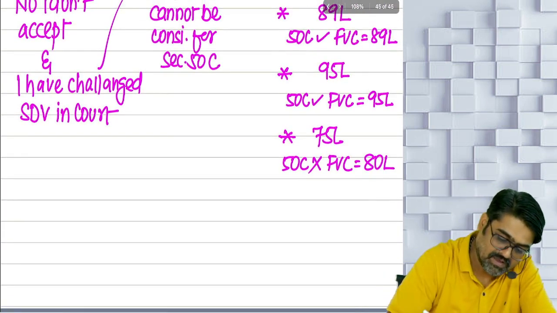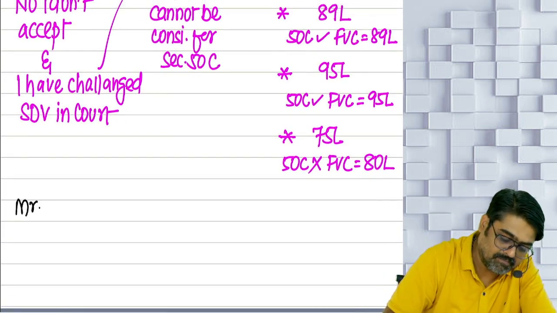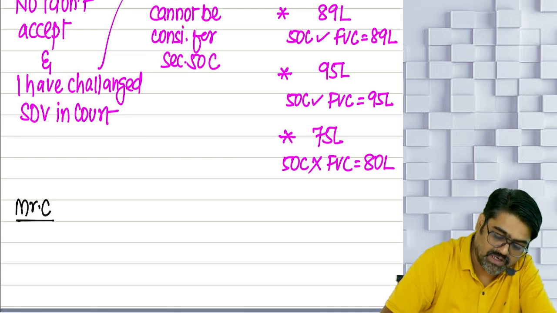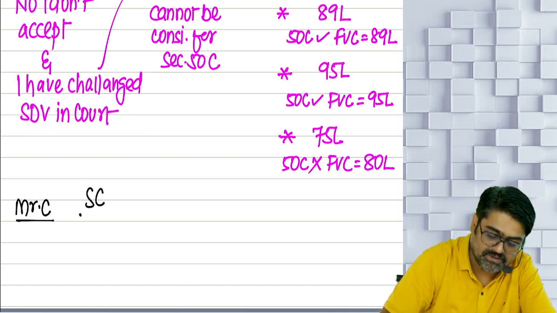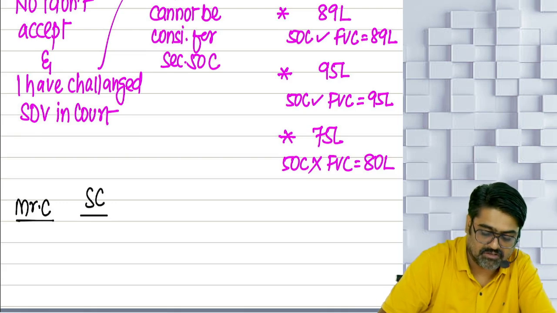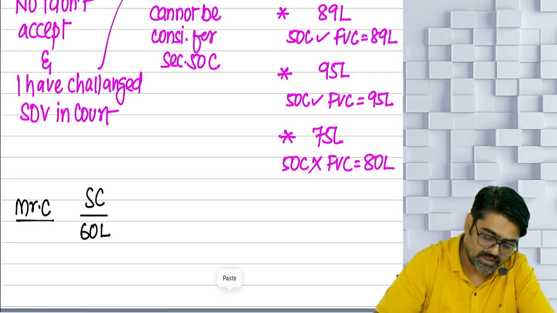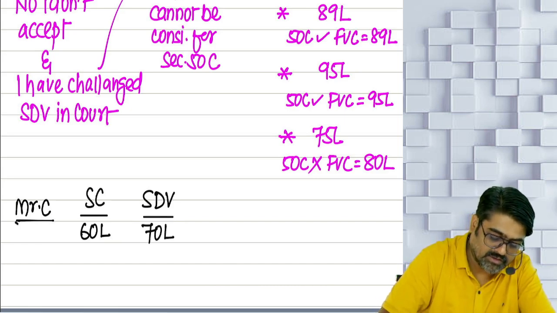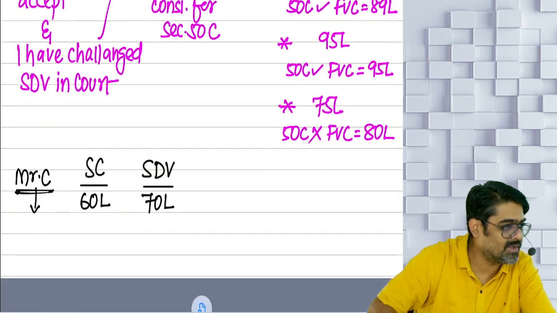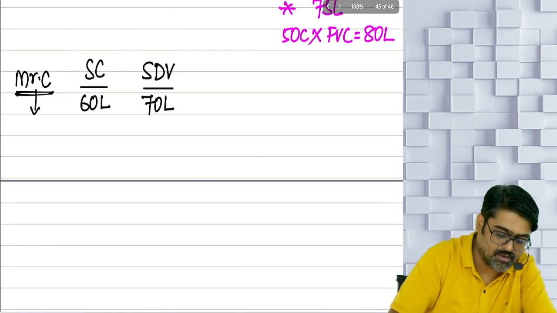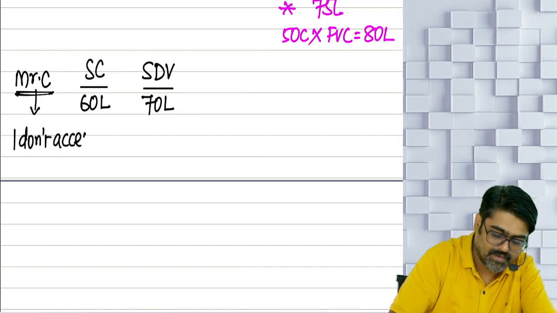Mr. C, what was your sale consideration? Mr. C is saying sale consideration is 60 lakhs. What is the stamp duty value? 70 lakhs. Mr. C says, see, listen, assessing officer, AO, I don't accept